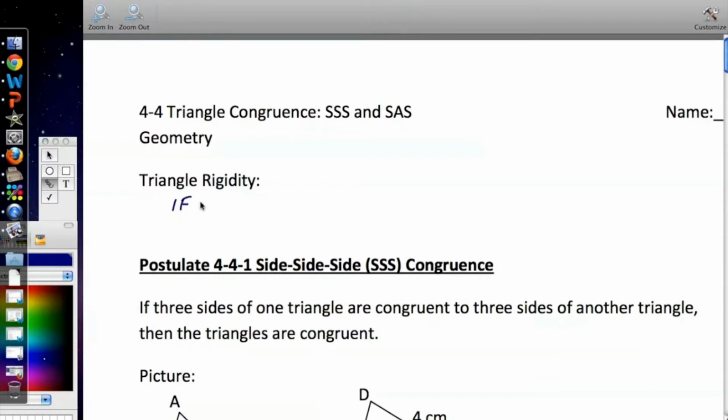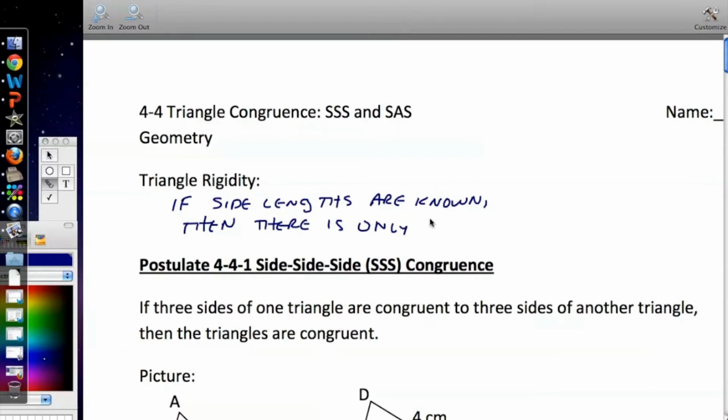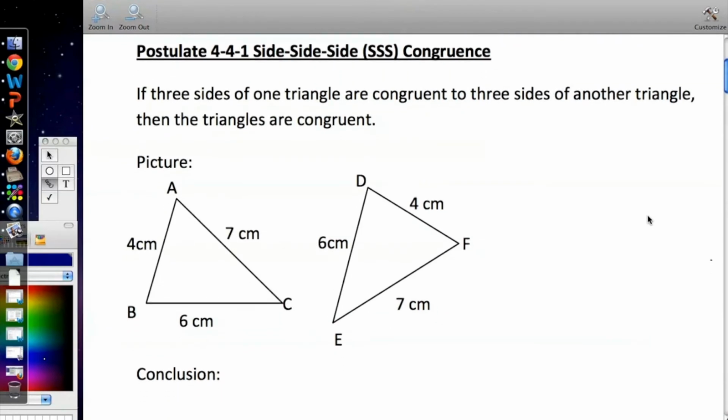So if the side lengths are known, then we say there's only one shape that it could be. So if we know the lengths of the sides of a triangle, then there's only one shape that it could be, which allows us to segue into our first postulate from this section, the side-side-